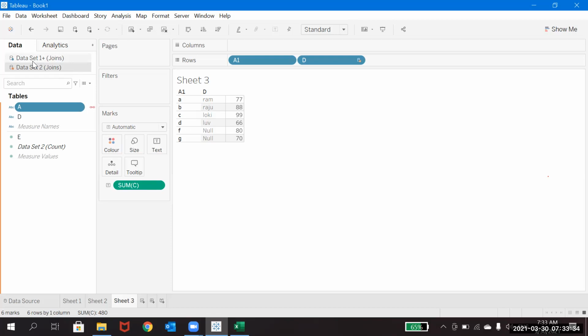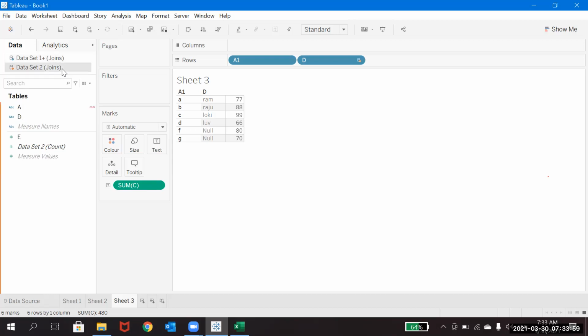So this is something you need to observe in the blending. And the difference I was telling you is that the primary data set, data set one, will always show with a blue color symbol here, and the secondary data set will show in orange color. In the secondary data set you will observe the blending symbol, and you will not find that in the primary data set.